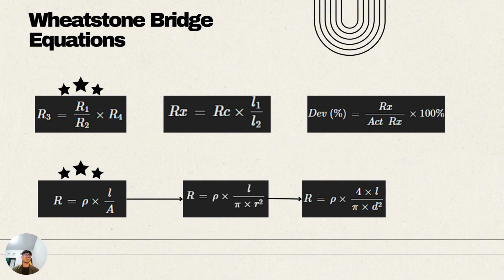Next are the Wheatstone bridge equations. R3 equals R1 divided by R2 times R4. R3 is the 3rd resistor that we don't know. How do we search for it? We use R1 divided by R2 times R4, which are the resistances that we know. And then, how do we search for Rx, the unknown resistance? We are going to use Rc times L1 divided by L2, where L1 is the